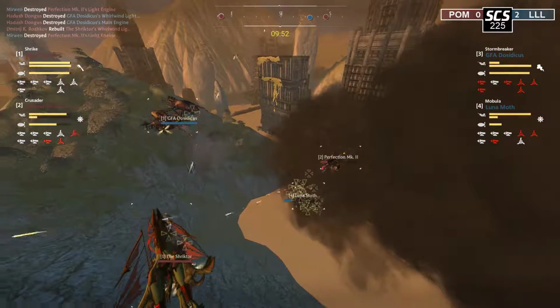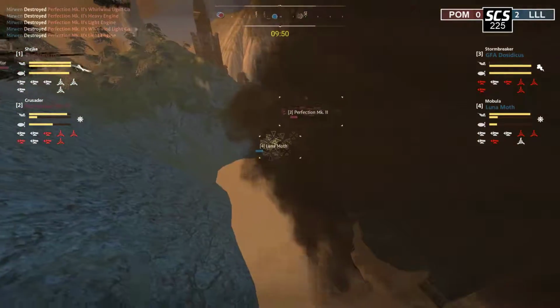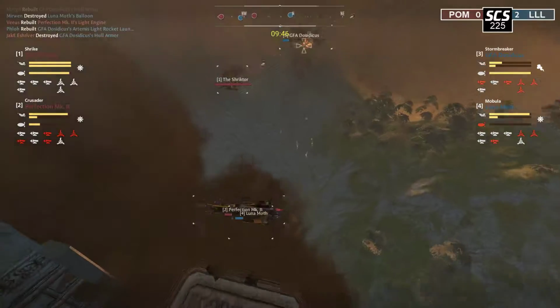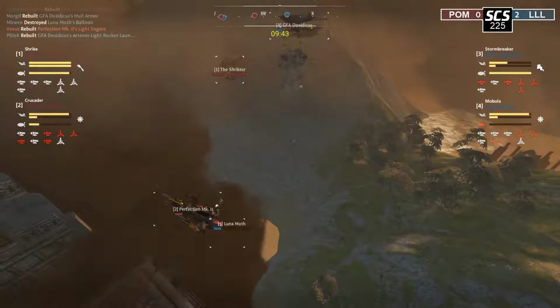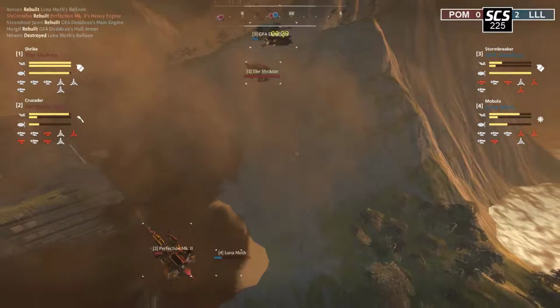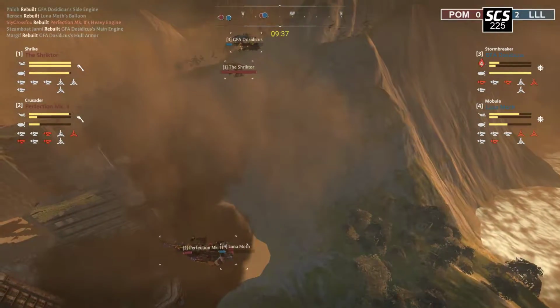So the Dicidicus is totally disabled. Mobula, 2 engines down, they're reversing into their own tar. Perfection disabled as well, and Dicidicus taking big damage. You saw 1 Nemesis shot coming out using Gunner's Stamina Arc to hit the Stormbreaker as Dicidicus rises,